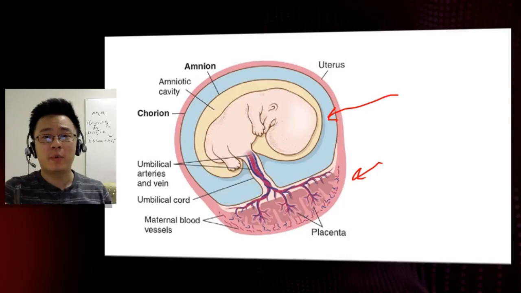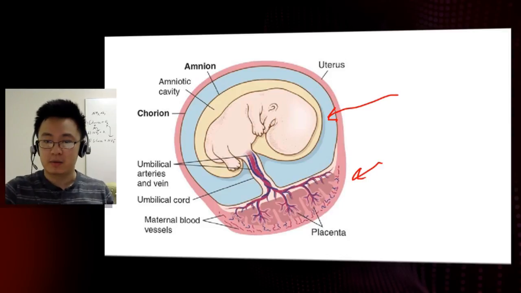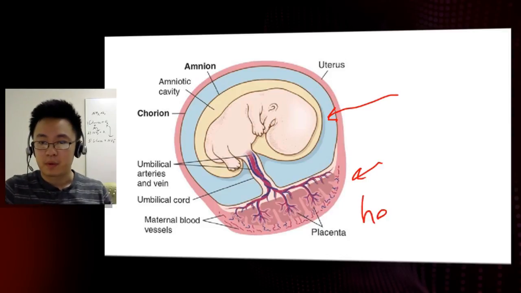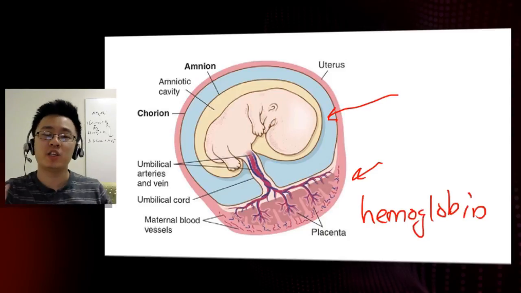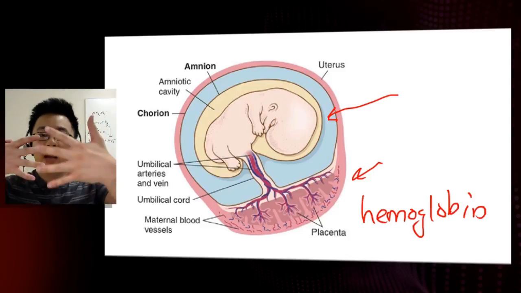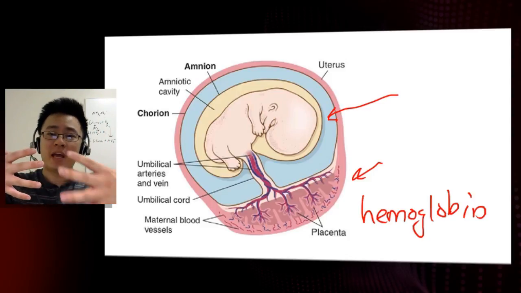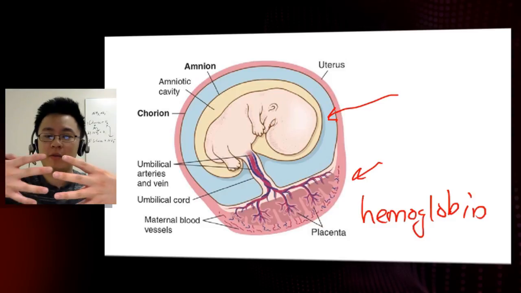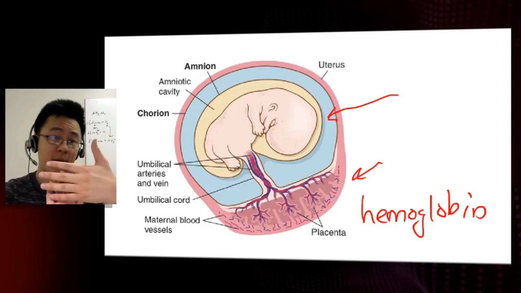There is hemoglobin in the mother's red blood cells that houses that oxygen and then transports it to the tissue. But we're talking about baby's blood and mother's blood. If the baby has blood, and the mother has blood, how do we get the mother's blood to transfer that oxygen over to the baby?